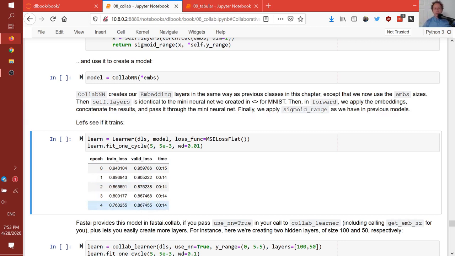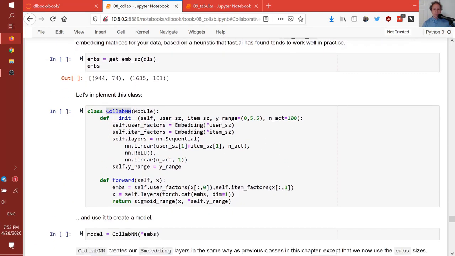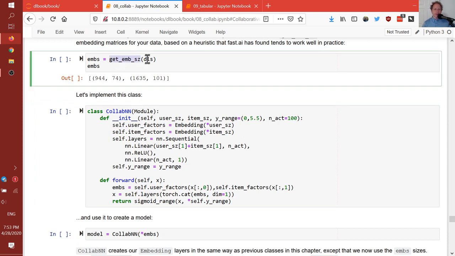It's not going quite as well as before. It's not terrible, but it's not quite as good as our dot product version. But the interesting thing here is it does give us some more flexibility, which is that since we're not doing a dot product, we can actually have a different embedding size for each of users versus items. And actually Fastai has a simple heuristic. If you call get embedding size and pass in your data loaders, it will suggest appropriate size embedding matrices for each of your categorical variables. Okay, so each of your user and item